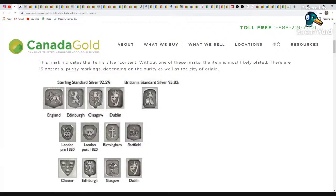And can you clarify the lion passant? That's the one that's standing up, correct? No, this is the lion passant here. These symbols